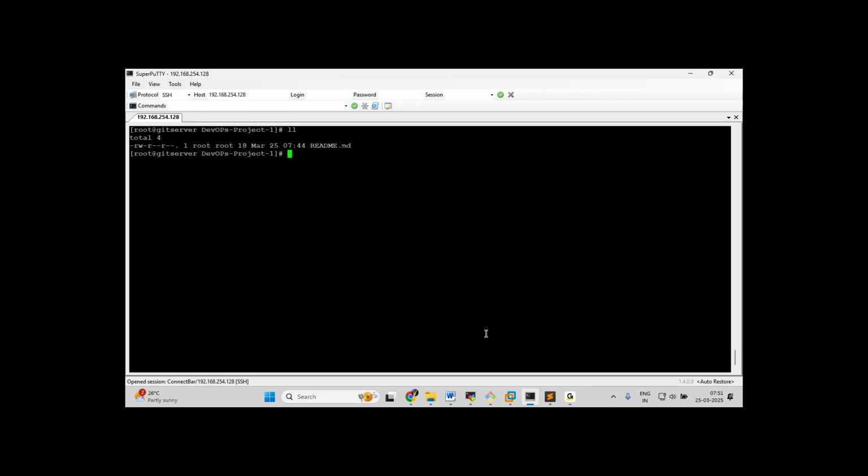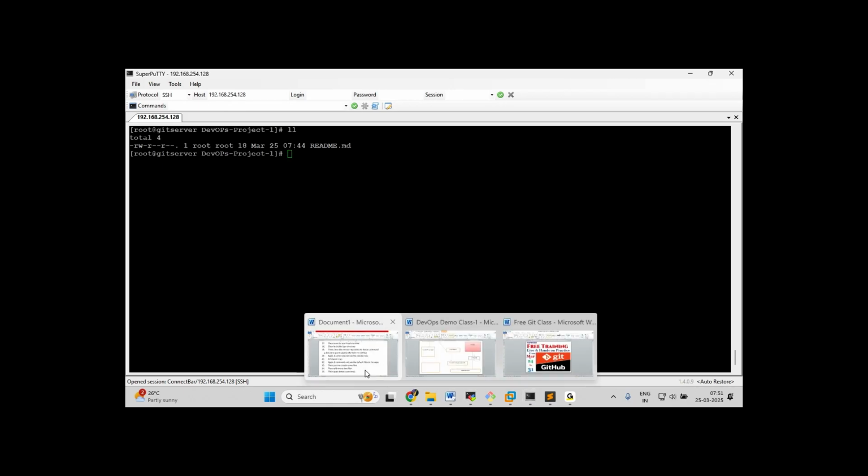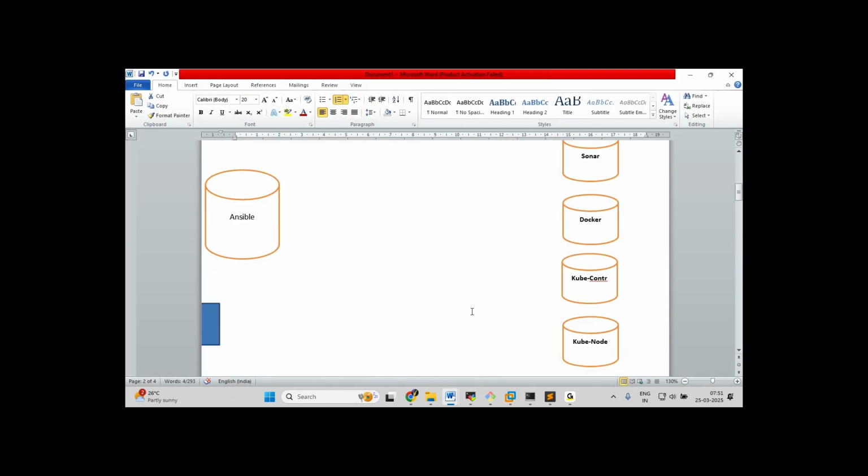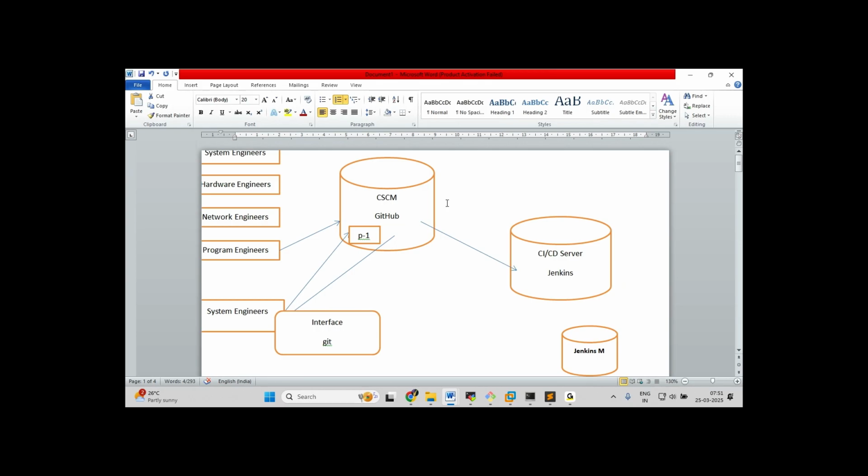Once we write one program, after that we need to upload it into one centralized location. That centralized location is this GitHub. This GitHub is the centralized repository, a centralized source code manager. So what we are doing here, we are uploading all